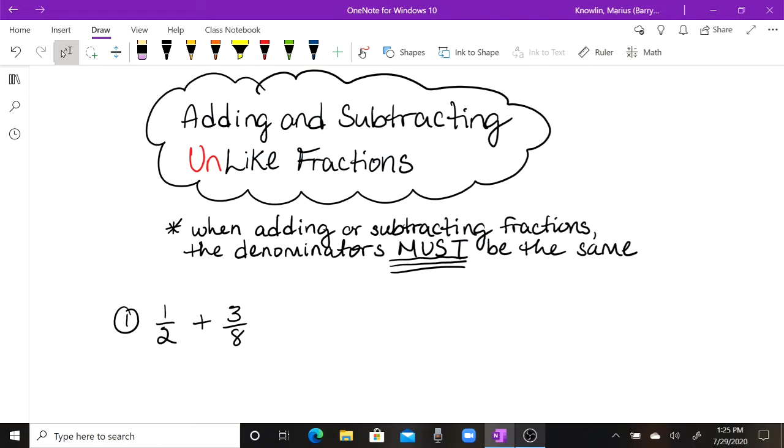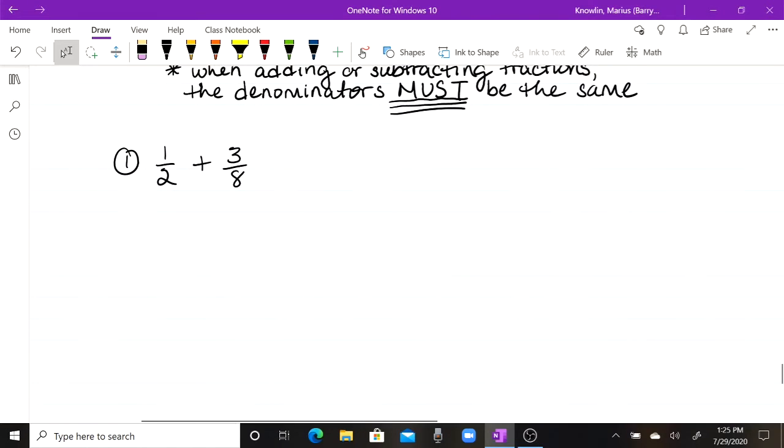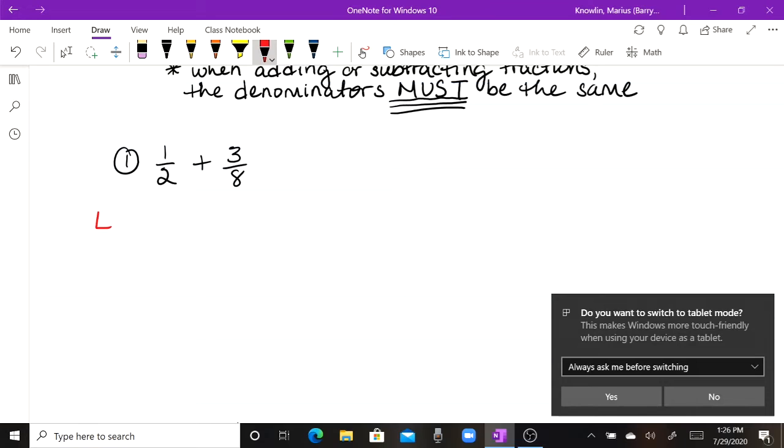Okay? So, today we're dealing with unlike fractions. Unlike fractions already lets us know that these fractions won't have the same denominator. So we have to do something to make the denominators the same. What we're going to do is list out our multiples of each denominator, and we're going to be looking for our LCM, or least common multiple. Okay, so let's go ahead and do that. We want to find our LCM,